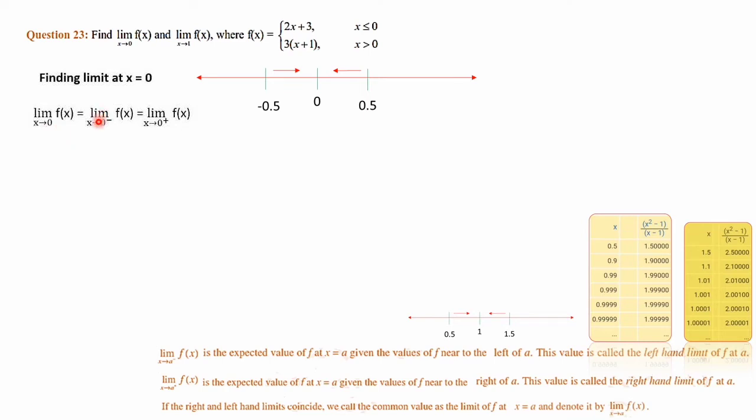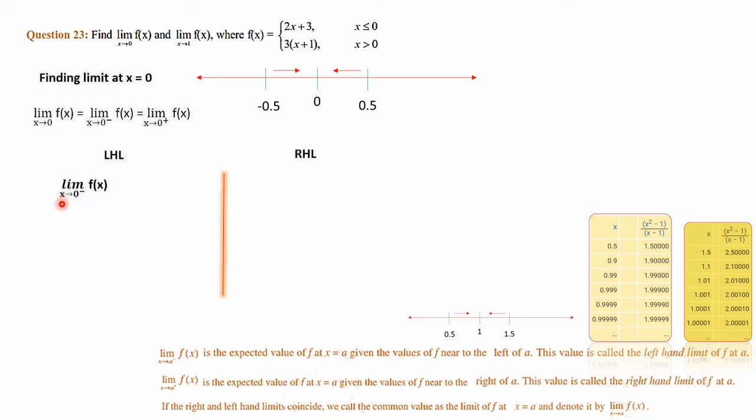That is, limit x tends to 0 minus, means the left hand limit of f of x, and limit x tends to 0 plus, means the right hand limit of f of x, must be equal. Then we will be able to write limit x tends to 0 f of x. This is the concept we are going to apply here. So first of all we have to calculate the left hand limit, then we will go for calculating the right hand limit. Here left hand limit means limit x tends to 0 minus. This minus represents the left hand side. So left limit